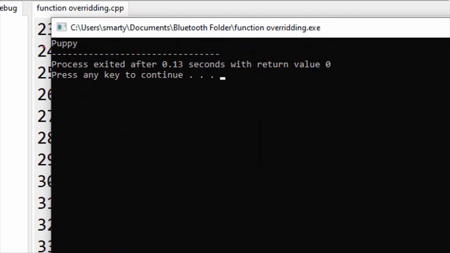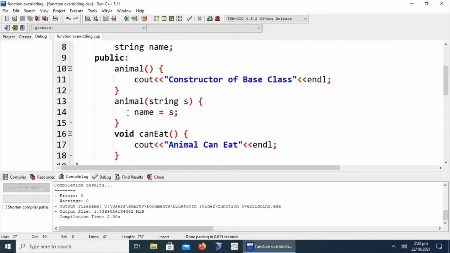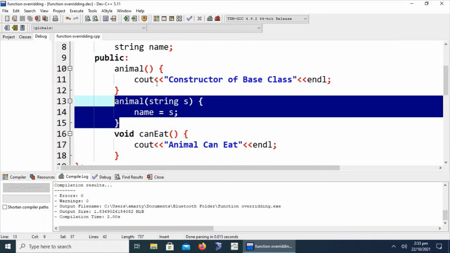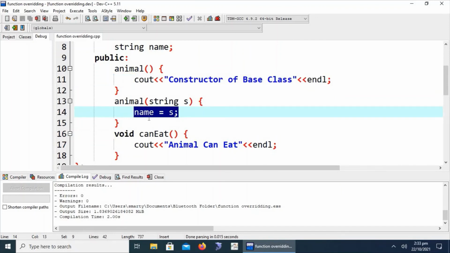Now one thing, notice that the default constructor is not executed and only assignment is performed, because no output message is written in the parameterized constructor of the base class, so only assignment is performed.